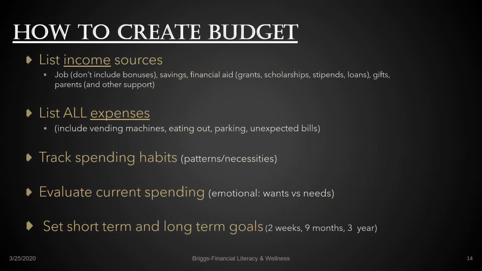Next, you want to list all your expenses. You can create an Excel spreadsheet or download any of the budget apps that can help you formulate this. List out all your expenses, everything that you spend for monthly, your periodic expenses, which consist of maybe haircuts, insurance payments, if you pay those on a quarterly basis or semi-annual basis. You want to also list out any unexpected bills or expenses you may have, and record everything, every single dime